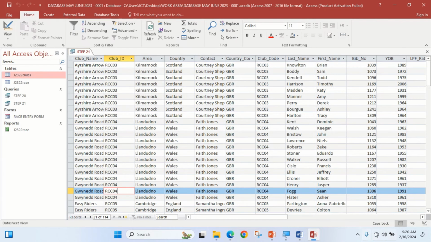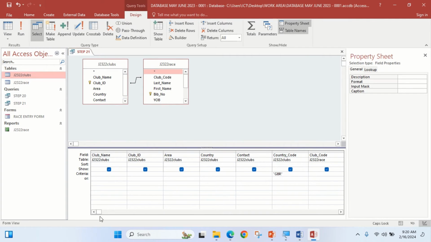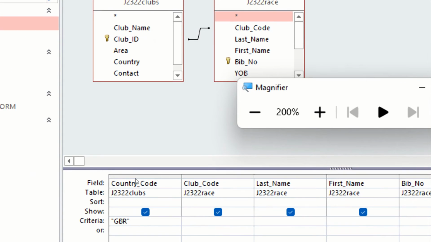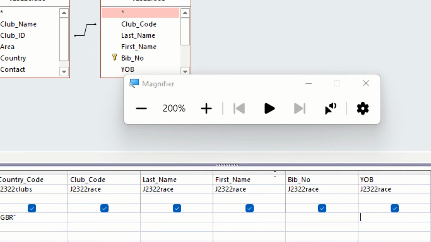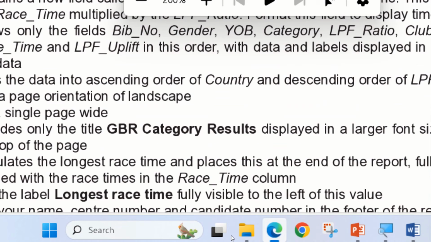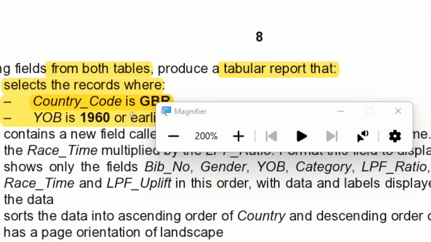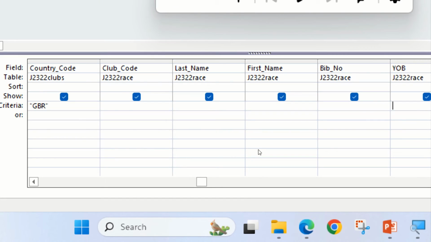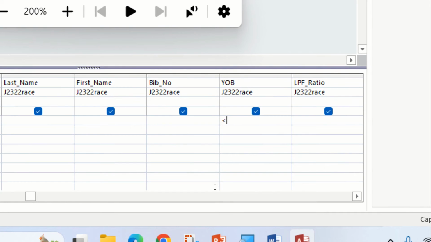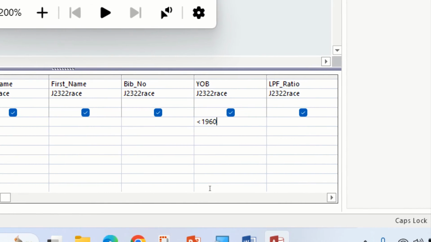You go to YOB, design view. Now come to the criteria row. This is the criteria row for YOB. Now the question again says 9060 or earlier. So earlier means less than 9060. So you could say less than 9060,